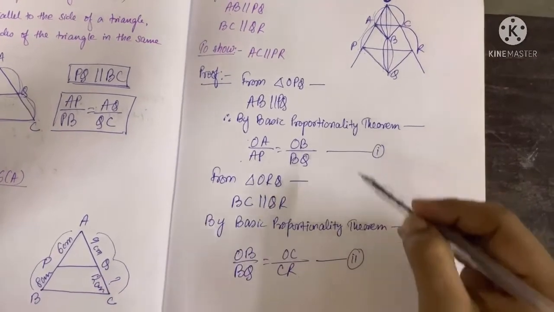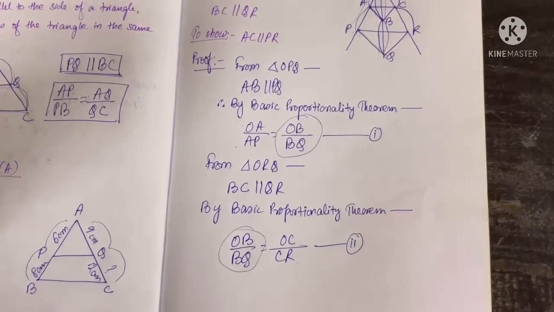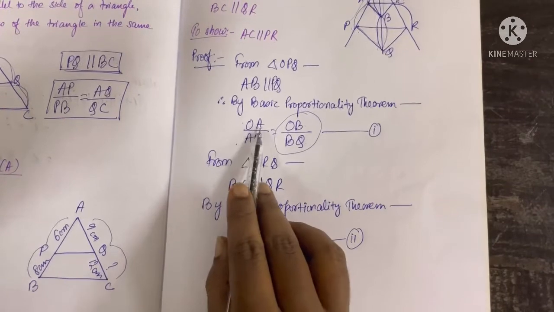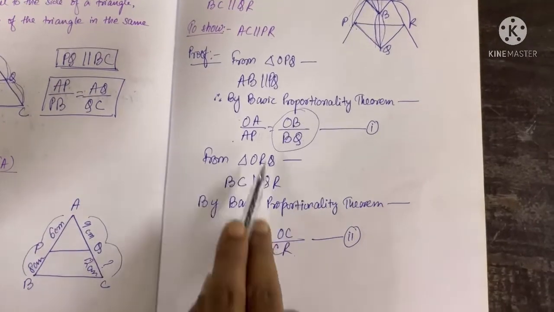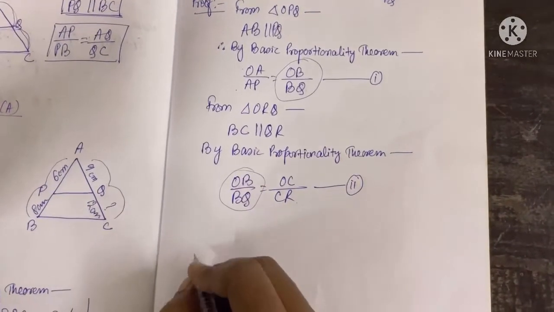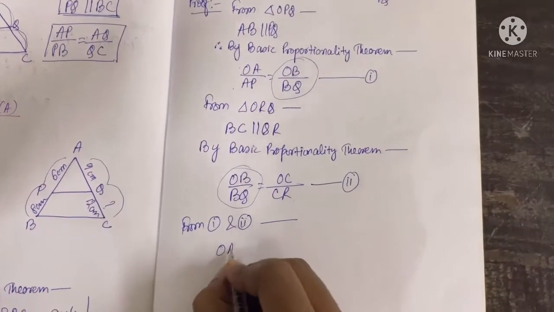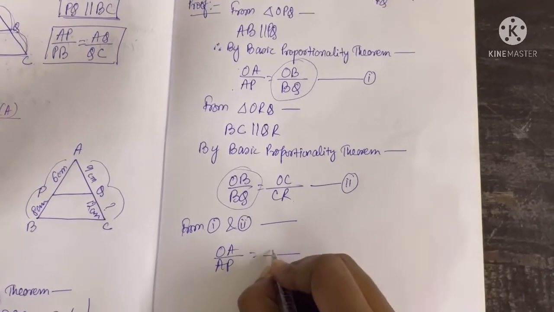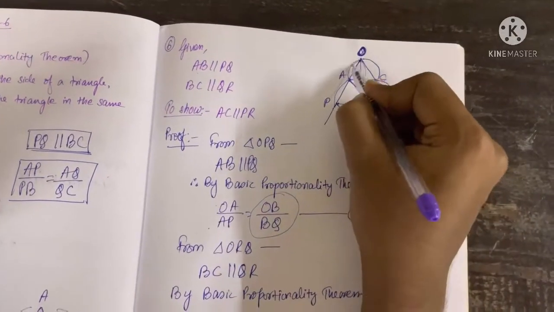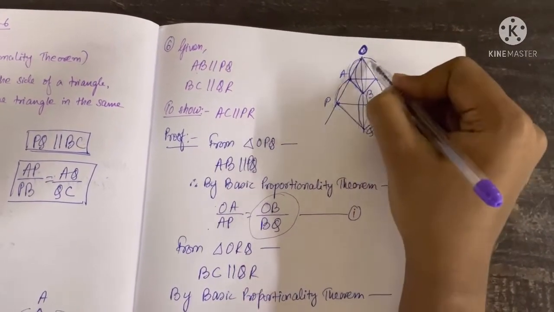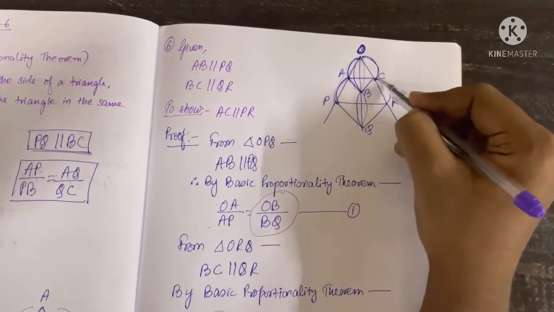Now look into the two equations. In both the cases, OB by BQ is common. As a result, what will happen? Since this is equal to OB by BQ and this is also equal to OB by BQ, that means these two must be equal. So from 1 and 2, what do we get? OA by AP is equal to OC by CR. Now look into the diagram again. If OA by AP is equal to OC by CR,